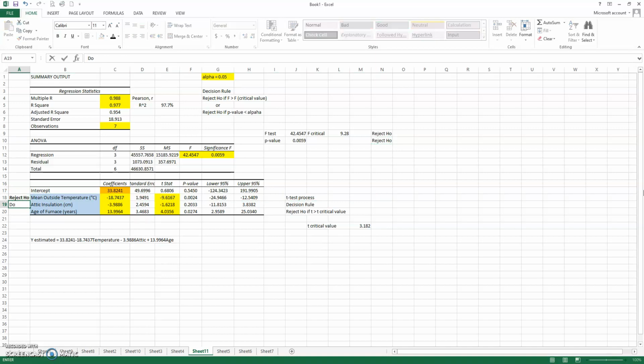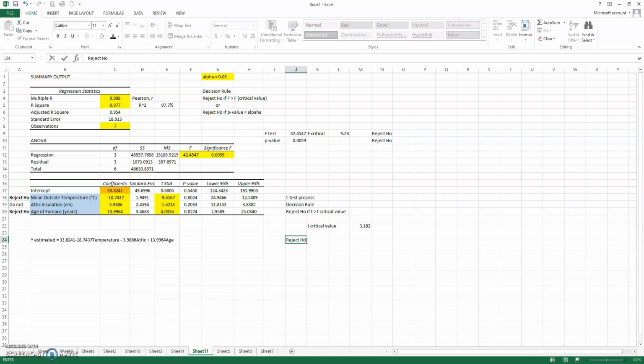We are going to do not reject for the attic insulation, and we are going to reject once again for the age of furnace, because the age of furnace, 4.0356, is greater than 3.182. So that's why we would reject it for the mean outside temperature and the age of furnace, but not for the attic insulation. We can also make this decision using the p-value approach,